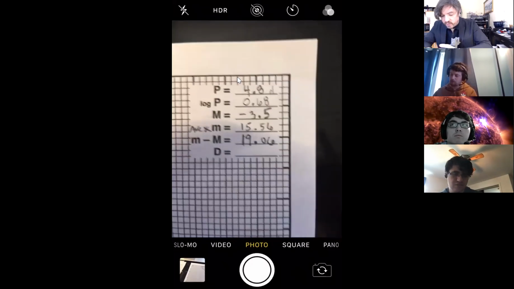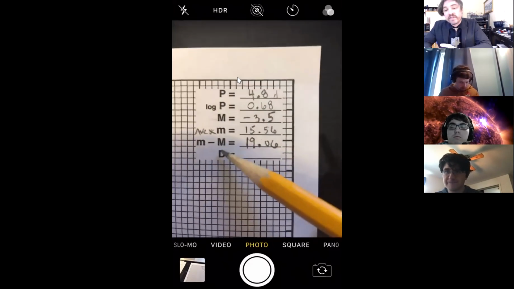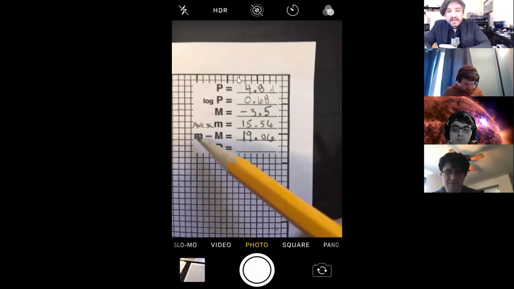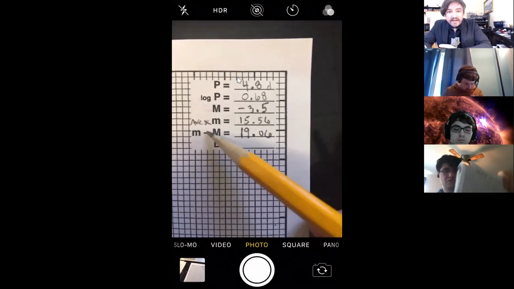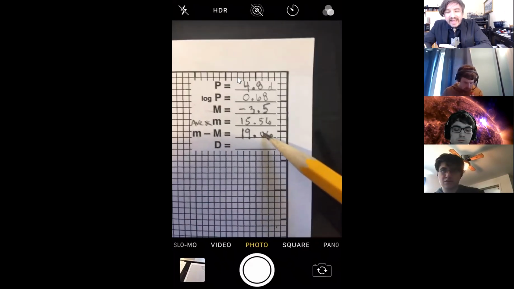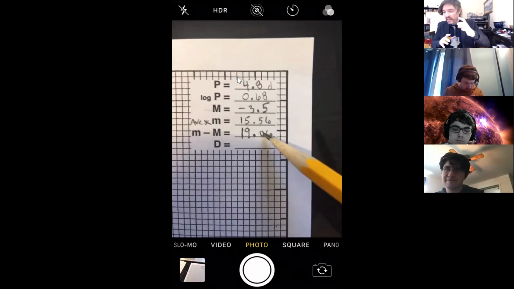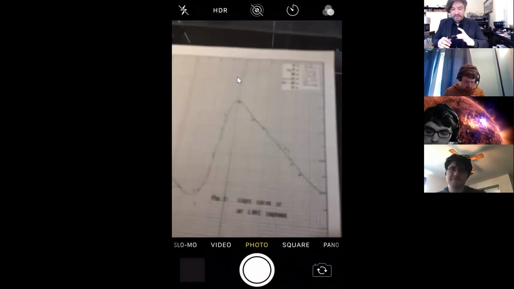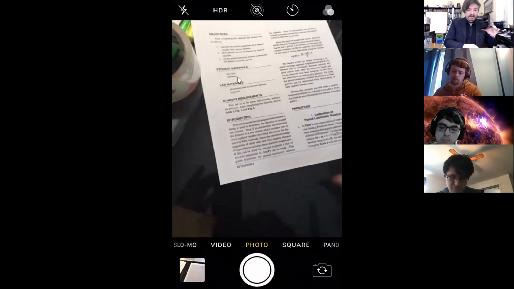All right, we're almost done. Now, this is what's called the distance modulus. The distance modulus is a weird way of measuring distance. It's the difference between the apparent minus the absolute magnitude. This is basically a distance measured in magnitudes. We can use the last page of the graph to convert 19.06 to a distance. If we go to the very last page,